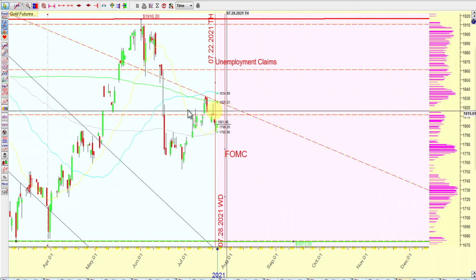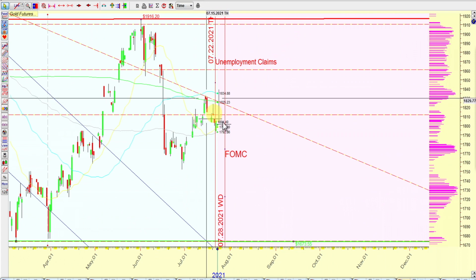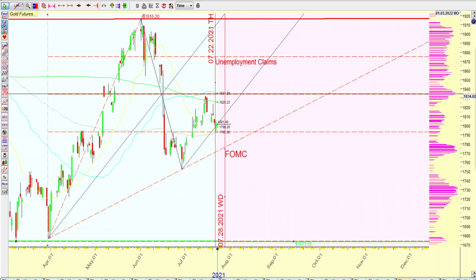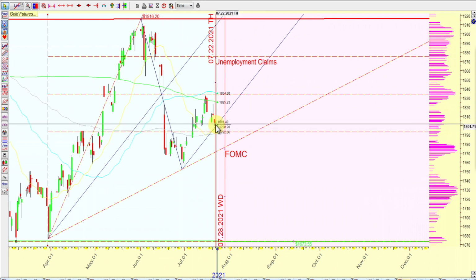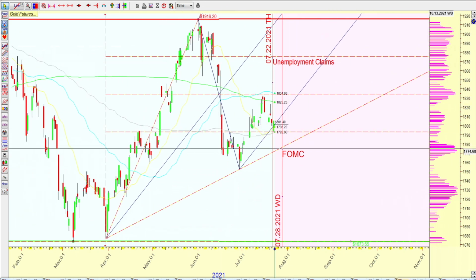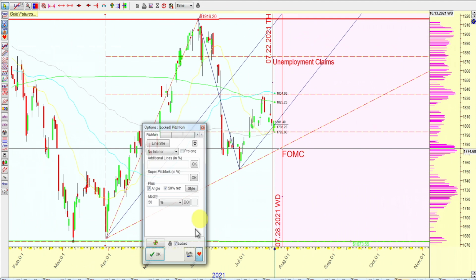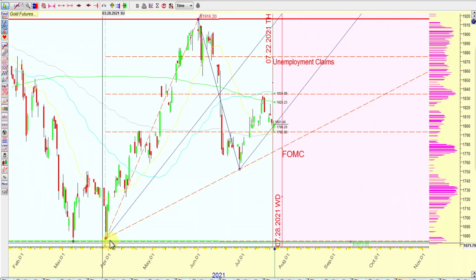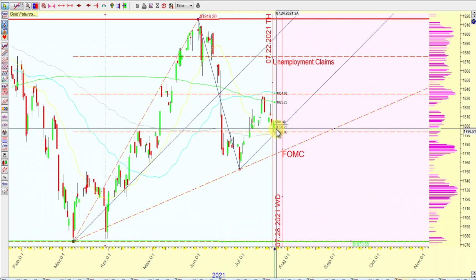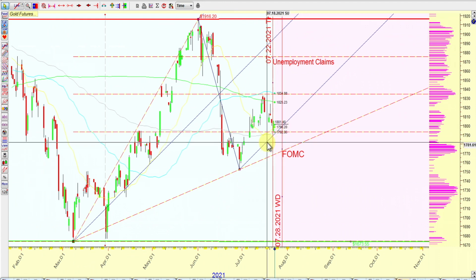Pitchfork, you can see that right here, we hit this angle and we failed with a lot of resistance there. Pitchfork from the bottom up, we're trying to regain that angle. What's interesting is that I just picked this pivot swing low, but I could always move it here. If I move it to this swing low here, you get a little wiggle room and a little space, I guess grace if you want to call it.